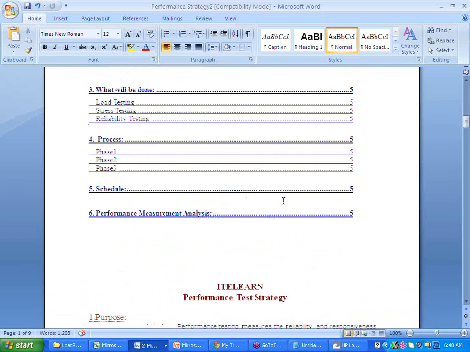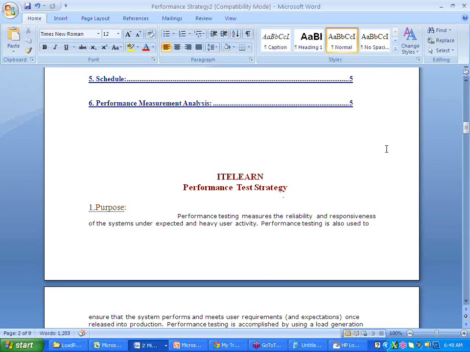All these will be a part of your strategy. So what is the strategy? Strategy at a high level is the first point for your performance testing and the performance testing life cycle. You start developing a test strategy first, and then you go for scenario creation, then writing or designing the test cases, and then you start working on the tool. So that's step by step, activity by activity in a phase, and phase by phase in the performance testing life cycle.